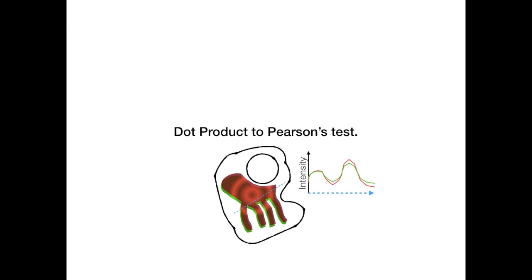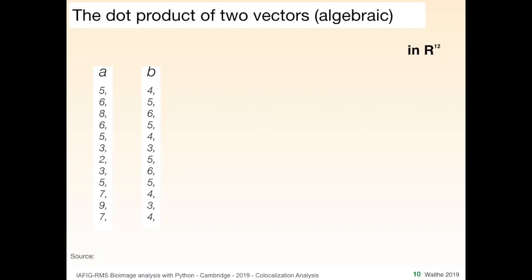And then I'm going to take you through a little bit of maths so that we can end up at the Pearson's test. I assure you it's all in your best interests. So for me, there are four basic operators in mathematics: plus, minus, multiply, and division. I personally feel like the dot product is like a fifth operator, where, when you have two lists of numbers, you